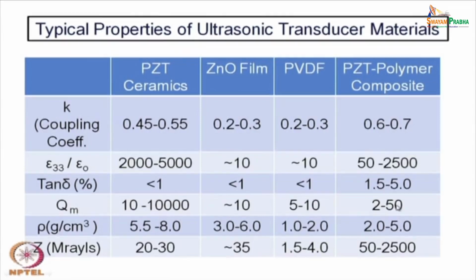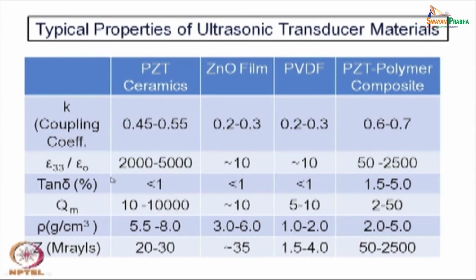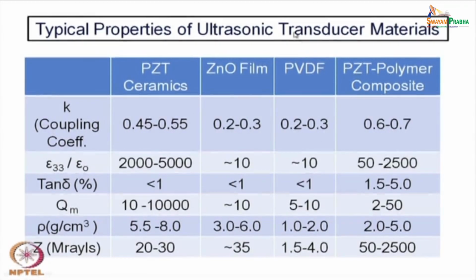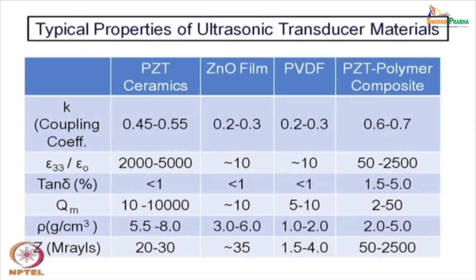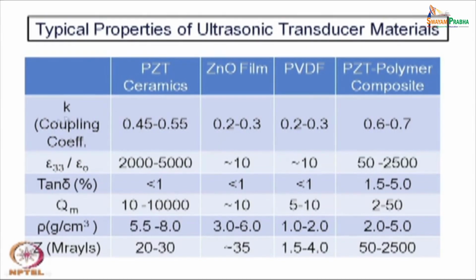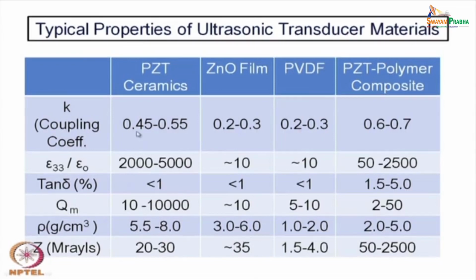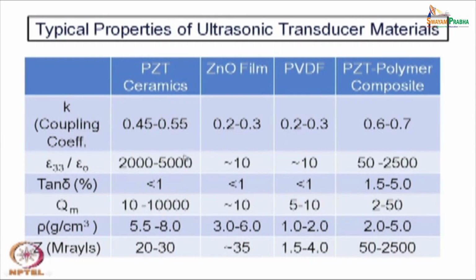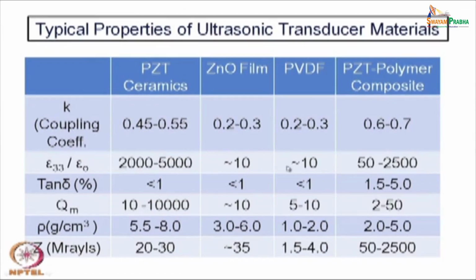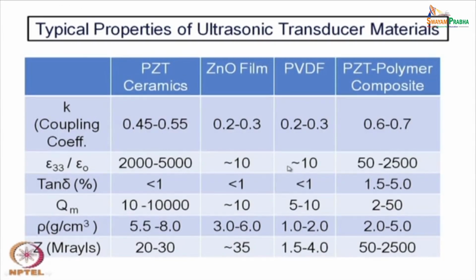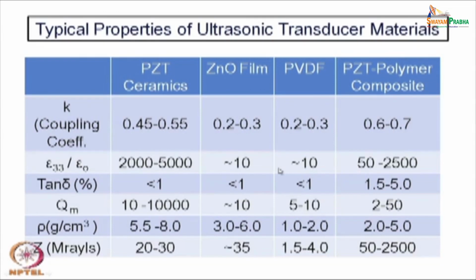I think it is not right, because the dielectric constant of PVDF is much smaller, and for that matter for any polymer the dielectric constant is relatively low, whereas PZT being a ceramic material, the dielectric constant is much higher. So, one needs a lower dielectric constant material, at the same time a better coupling coefficient as well as